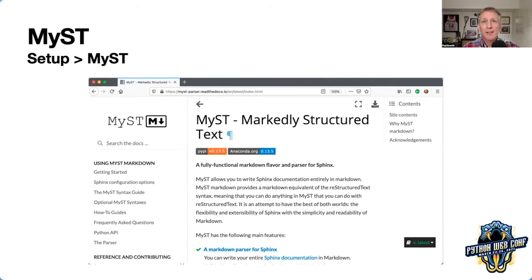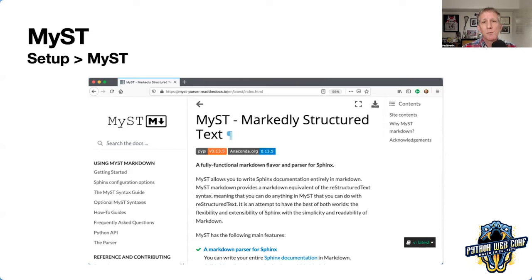Little known fact, reStructuredText and docutils doesn't have to look that way. It has an abstract parser. You can plug any old grammar into it that you want. Just turns out nobody until now had another parser for docutils. So it doesn't have to look like reStructuredText. MyST generates Sphinx stuff that Sphinx doesn't realize isn't coming from reStructuredText.